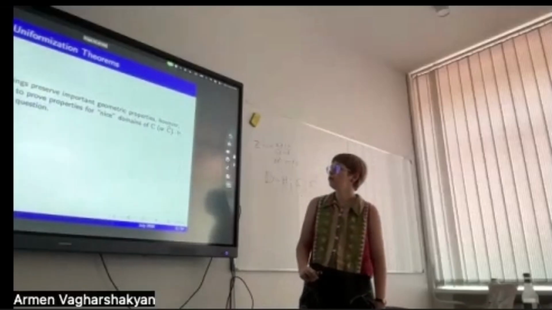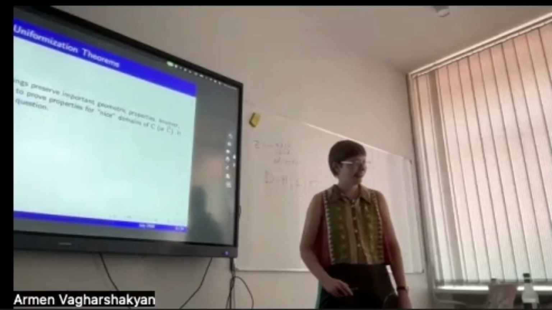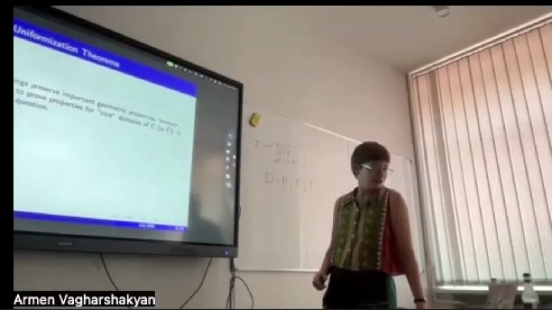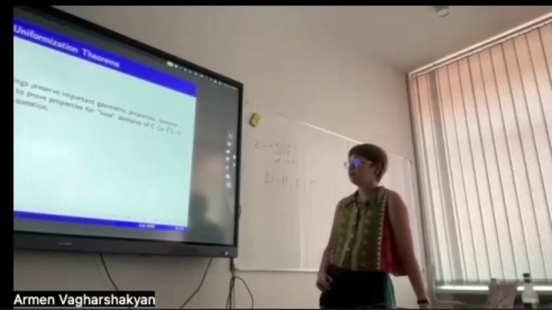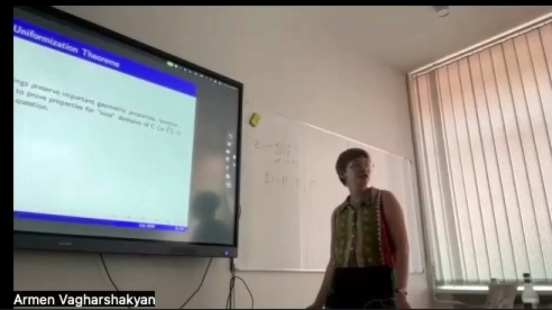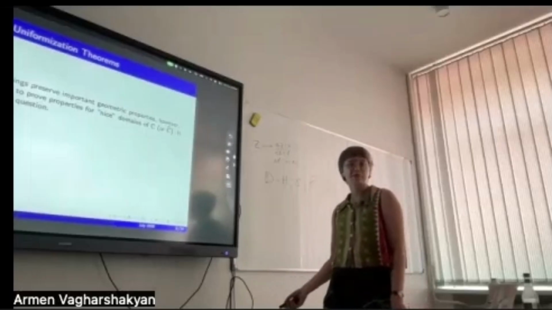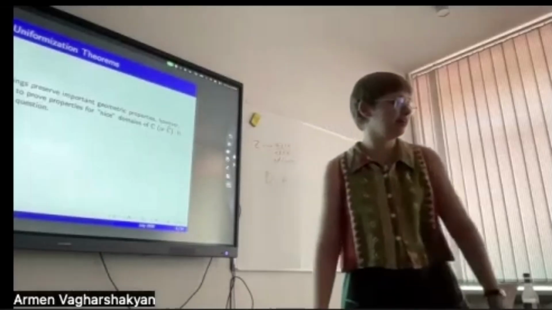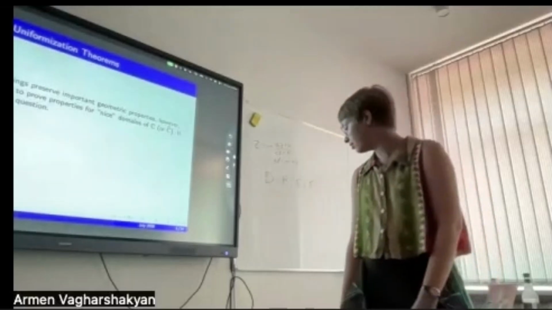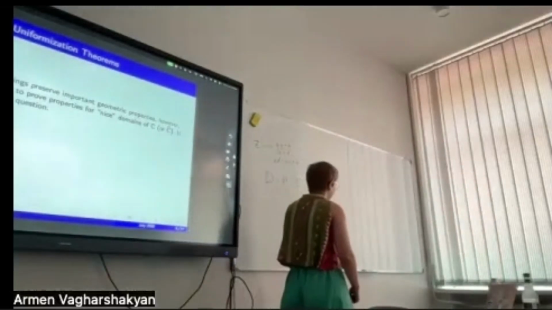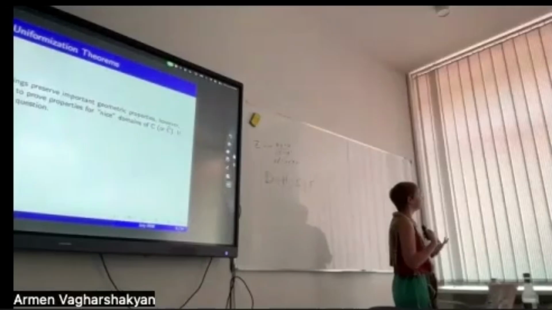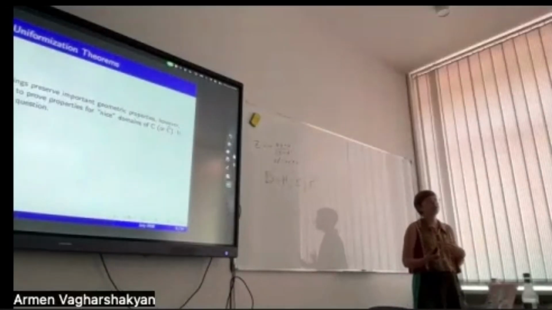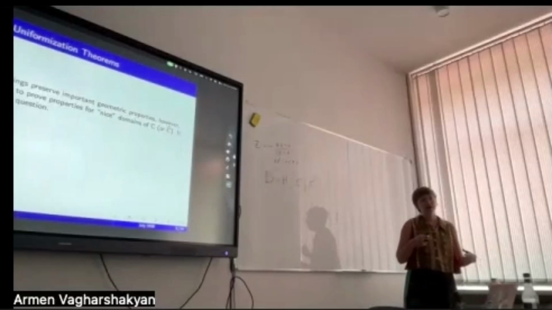Now, the unit disk, half plane or complex plane are very nice domains, and in general they are highly symmetric. So usually we would like to prove some geometric properties for these domains and show that they are invariant by conformal